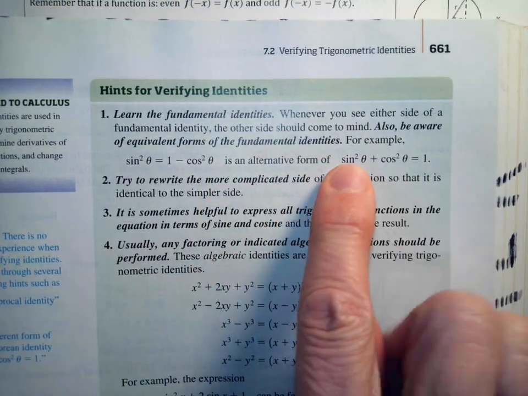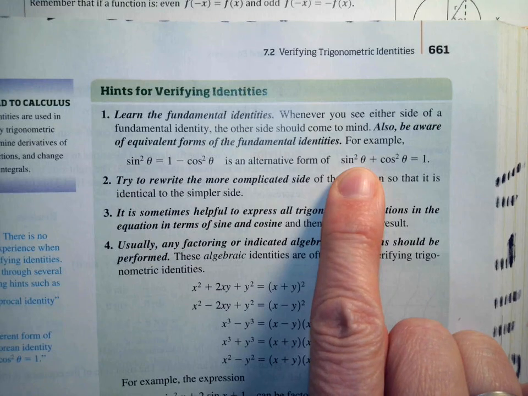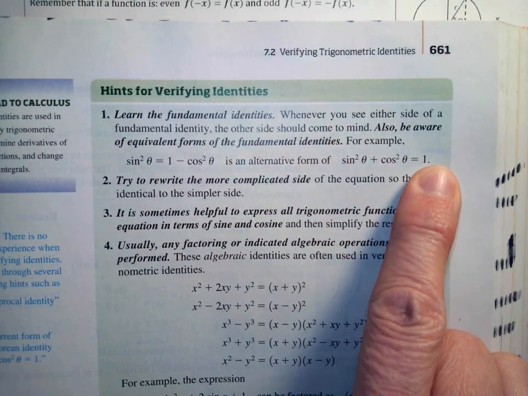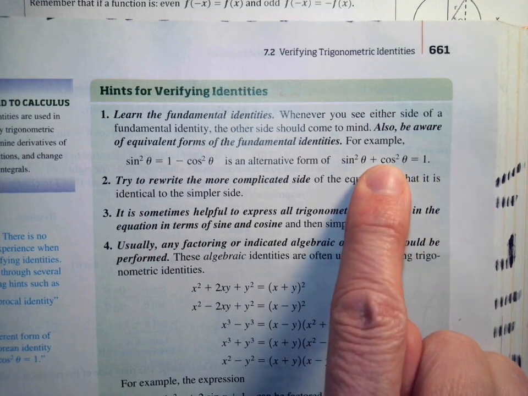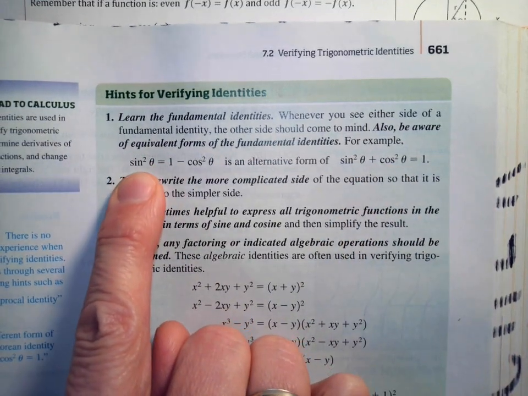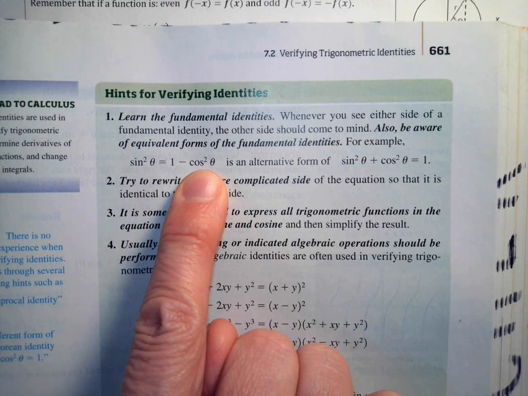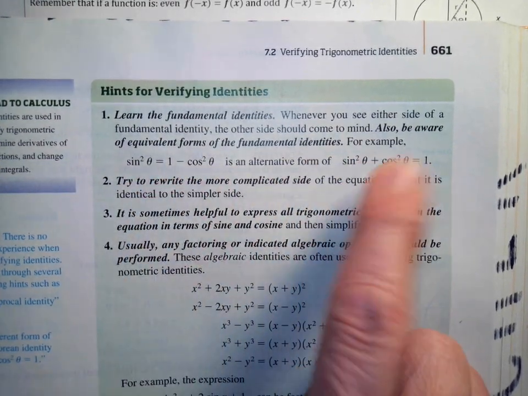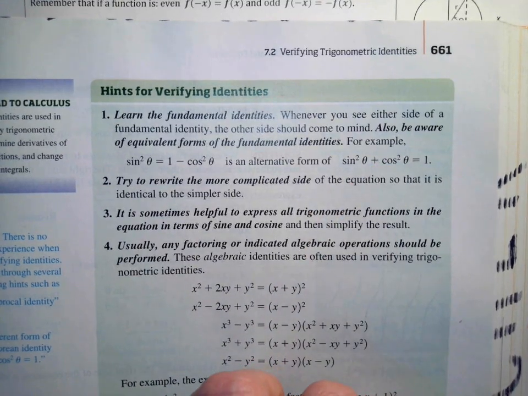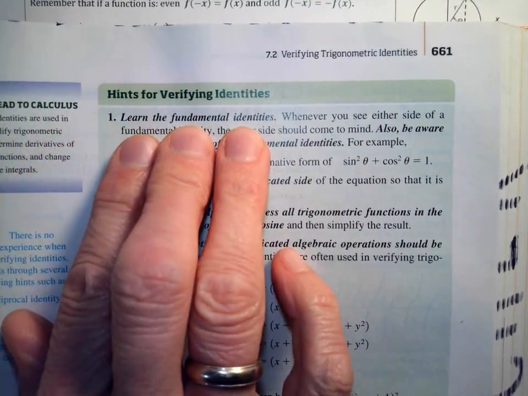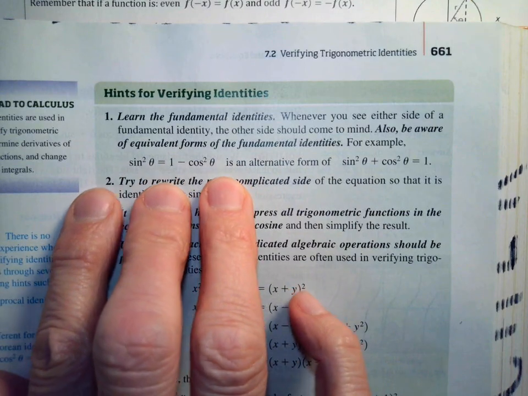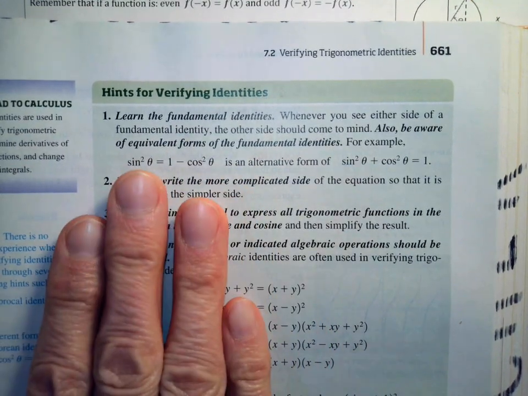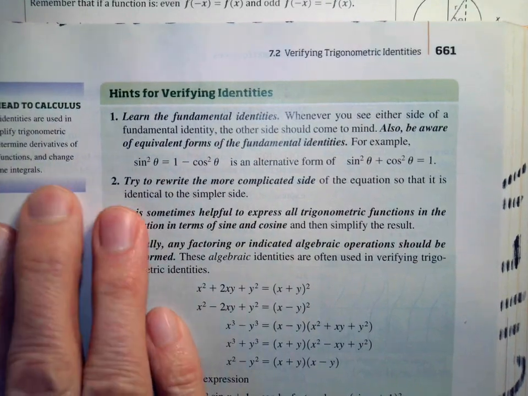So hopefully you know sine squared theta plus cosine squared theta is equal to 1. But with a little algebraic manipulation, I could move the cosine squared over, and I know that sine squared theta is equal to 1 minus cosine squared theta. So there's alternative forms of this identity and the other ones as well. All right, so that's one thing to do, is make sure that you're aware of all of the identities and you've memorized those. For now, at least have the list sitting out in front of you while you're doing your